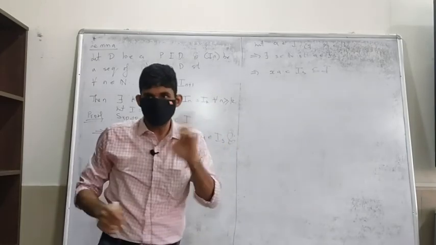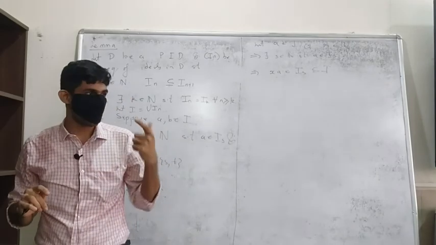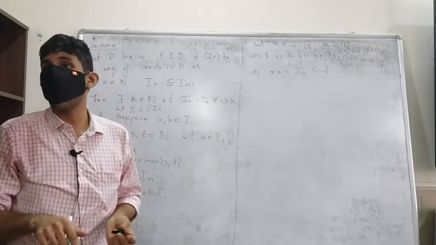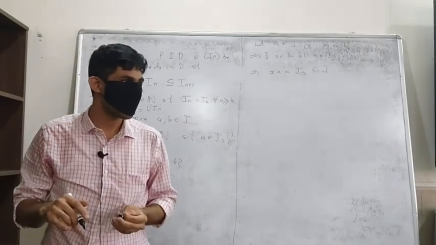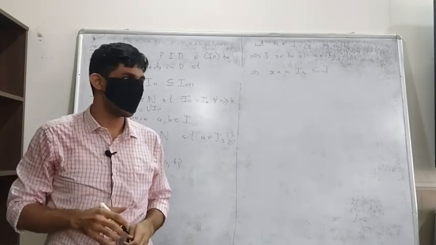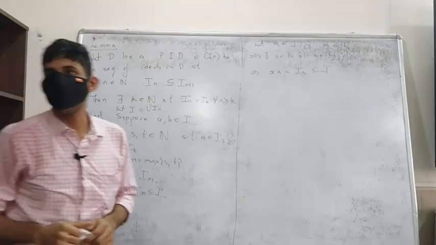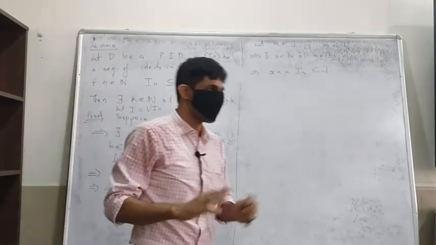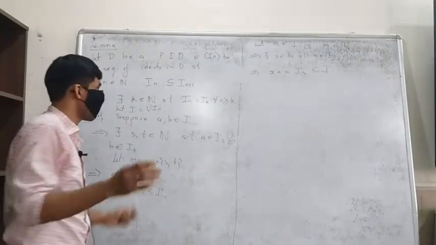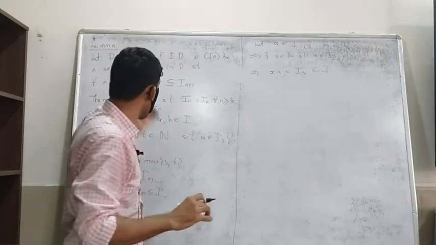Okay, unions generally will not be ideals. In fact, you can easily show, not for finite unions, but for a union of two ideals, say I1 and I2, the union will be an ideal if and only if one is contained in the other. You have this for many other things. For vector subspaces also this is true. For subgroups also this is true. Anyway, this is quite easy to show. So this is an interesting property.